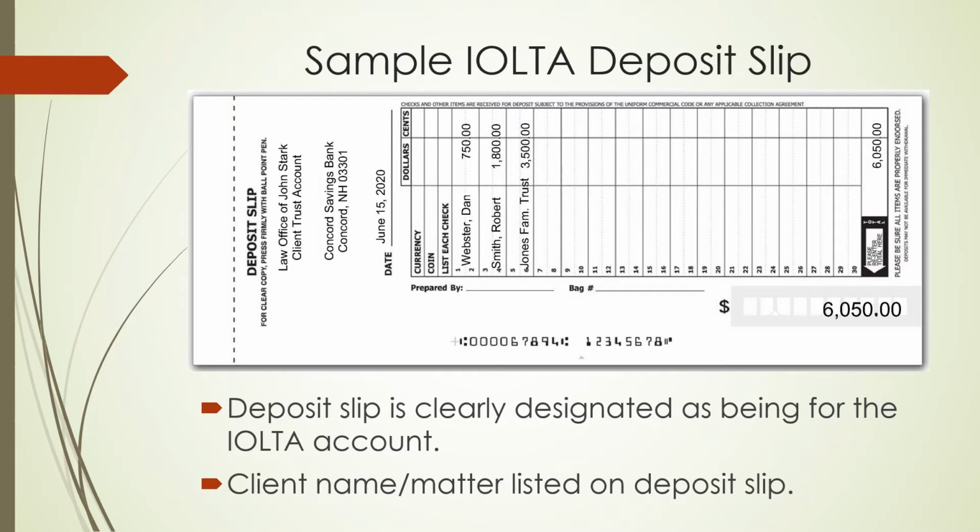On the sample deposit slip, we have listed the deposits by client name. Since most deposits will be accompanied by checks containing the client's name, including the client's name on the deposit slip is not going to disclose information protected by Rule of Professional Conduct 1.6. However, if the identity of the client falls within the scope of Rule 1.6, then some other identifying information should be included instead on the deposit slip. Alternatively, the firm can make a copy of every check in the accompanying deposit slip and keep the copy with the firm's banking records.